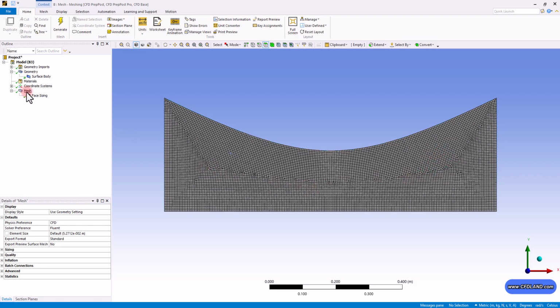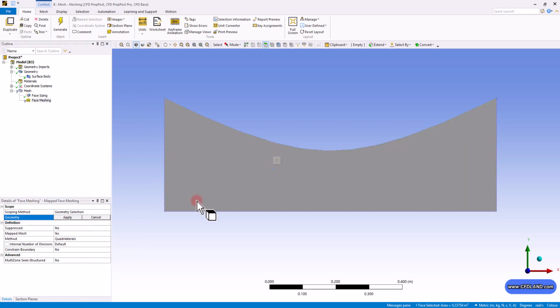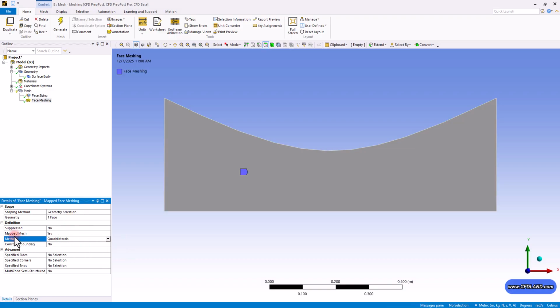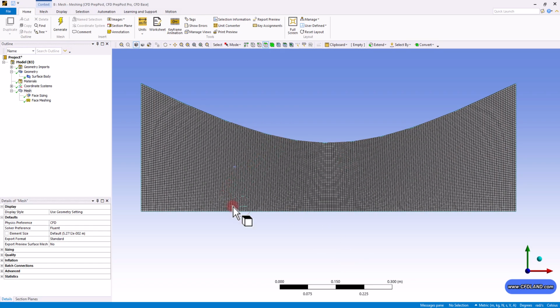So as another step, I want to insert a face meshing to the whole domain by pressing and selecting this face and applying this. You can see by default it's going to use a map mesh and quadrilateral cells, and this is what we know as a structured grid. So after doing so, you can see it has just turned into complete quadrilateral cells,